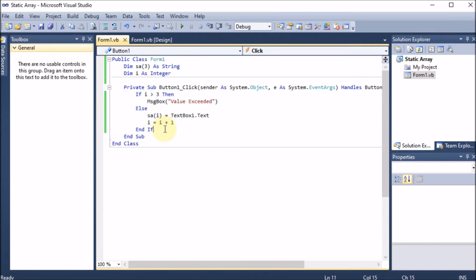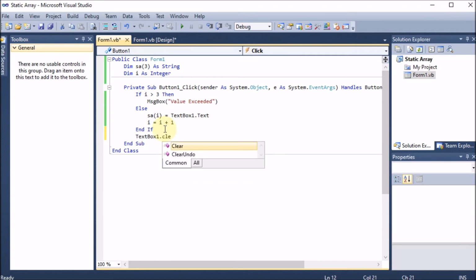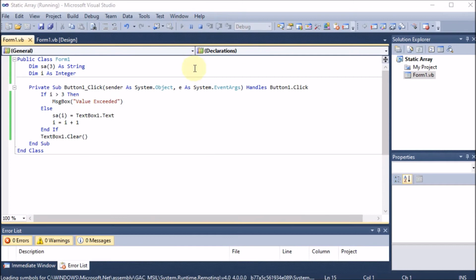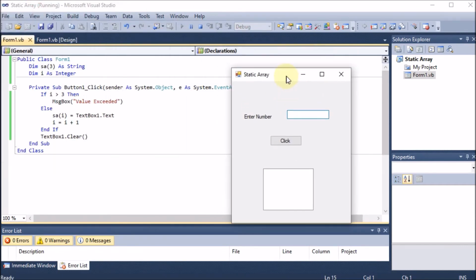Now afterward, I want that the text box should be clear. So here, textbox1.clear. So we are applying textbox1.clear in this case. Now afterward, if I am again running this program, then we can see that, let's see, if I am entering